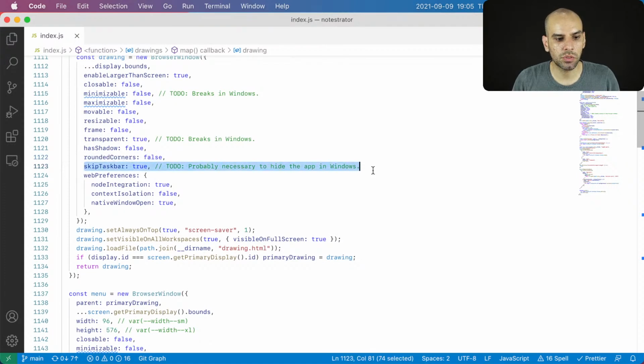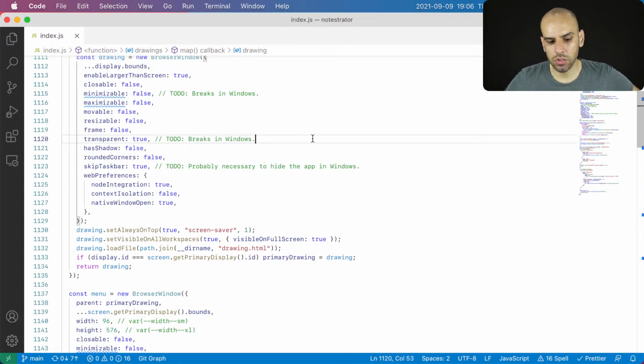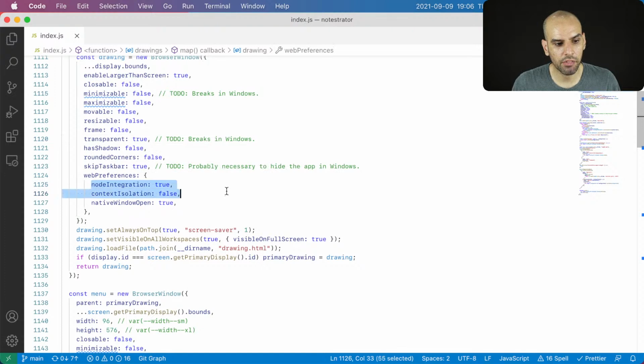Then I want to skip the taskbar. Well, I think this only applies on Windows and the app is broken on Windows. I think we are going to release with Mac only support and then Windows support will come later. I don't know what I need to do to fix things on Windows. And then in terms of web preferences, these